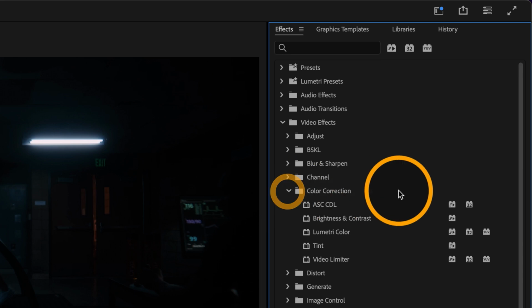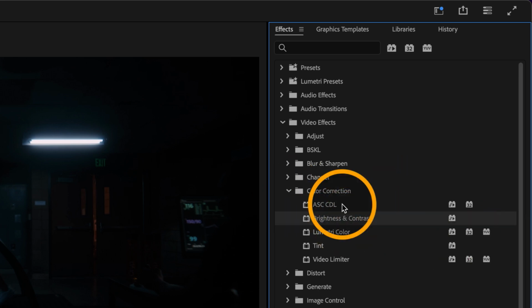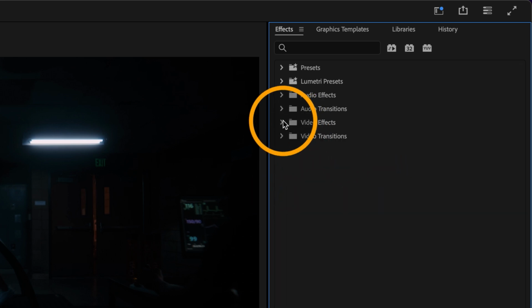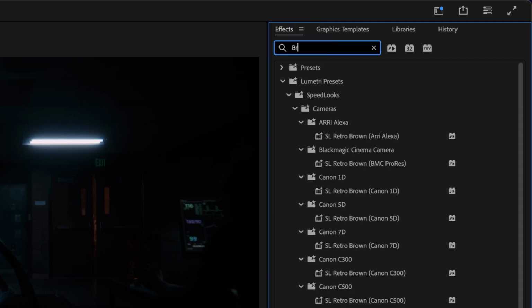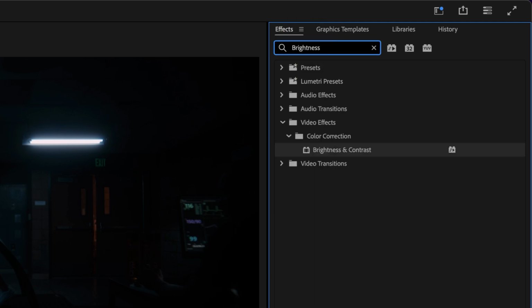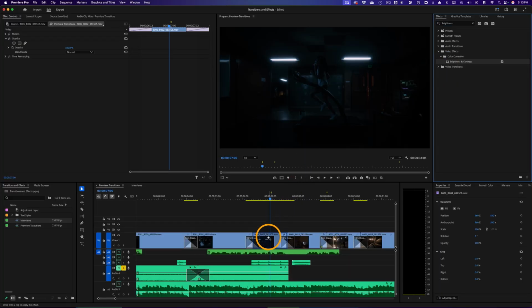I could open up color correction here and find brightness and contrast right there, or with everything closed, I can just use the search panel at the top. If I know exactly what the effect is I'm looking for, I typed in brightness and there it is. And I just drag and drop that